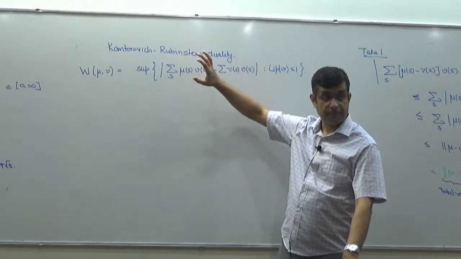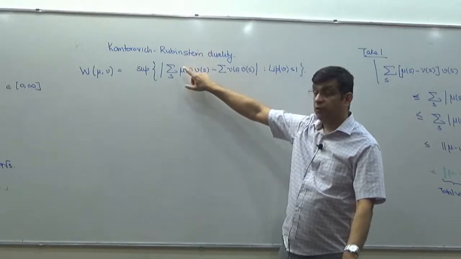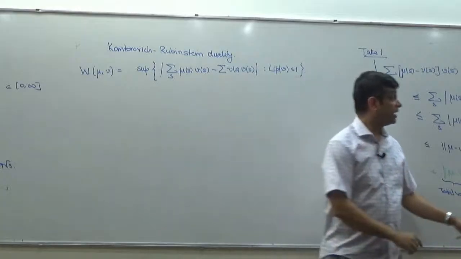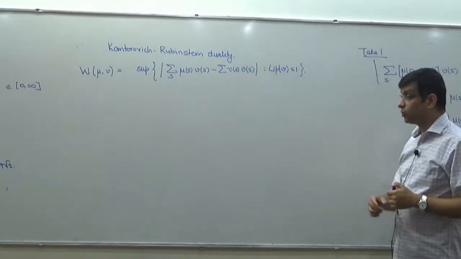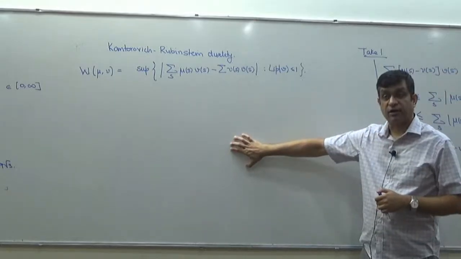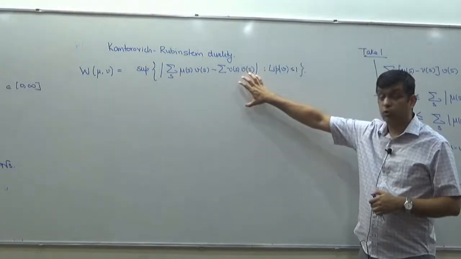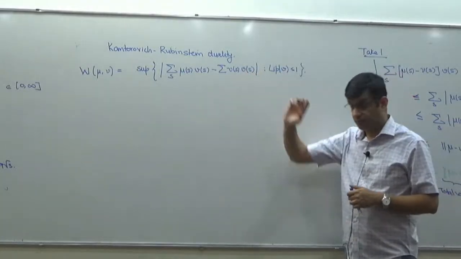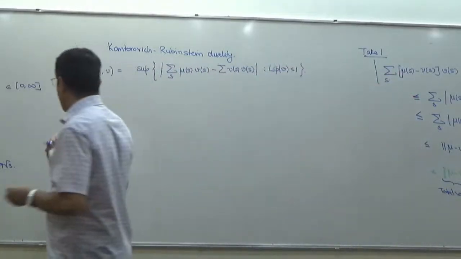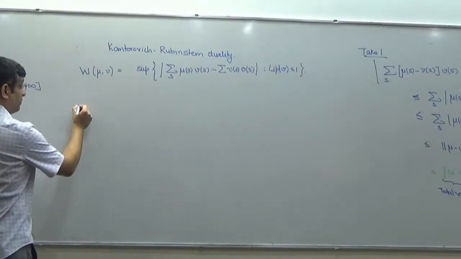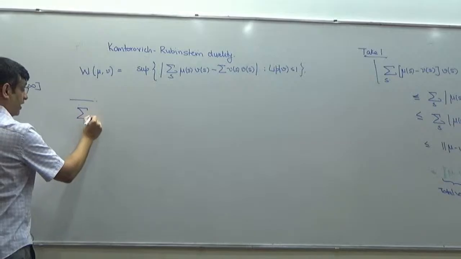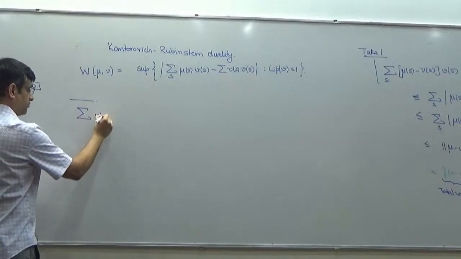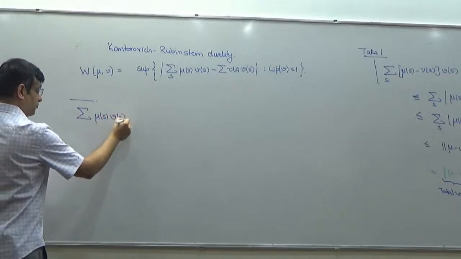Okay? But the good thing with both this definition and this definition is that such dual definitions make it very, very easy for me to get a bound of the type that I had written here. Okay? Let me show that in terms of Wasserstein distance. So the basic idea is, suppose I'm interested in looking at the expected value with respect to mu of v of s minus